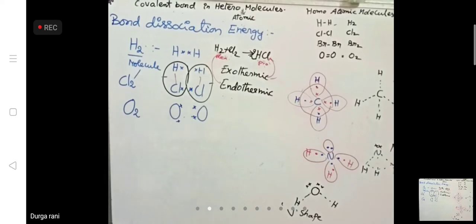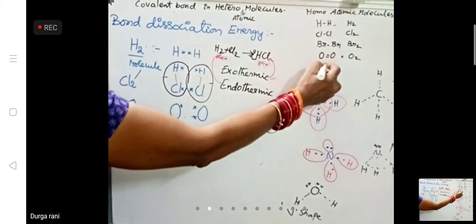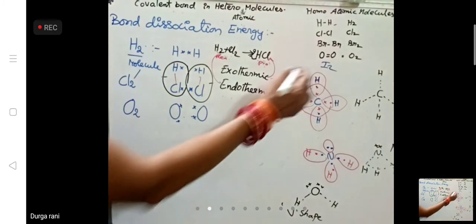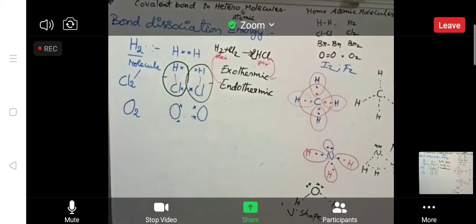Okay, you tell me, they are all having how many atoms in their molecules? One atom makes one molecule, but for diatomic molecules there are nearly five or six examples. You tell me. See, here already four were given. Another one is I2, iodine. Okay, F2, fluorine. These are all the examples of the diatomic.